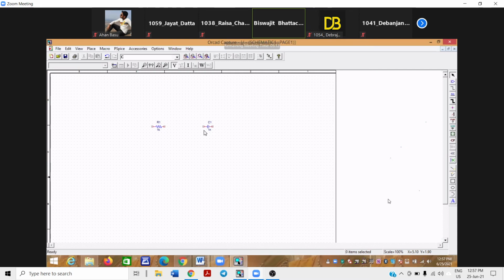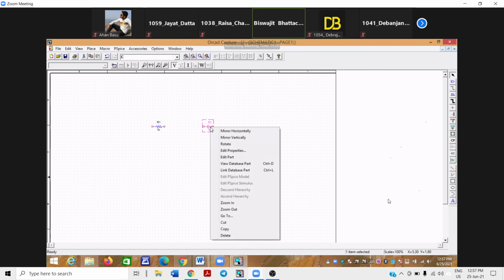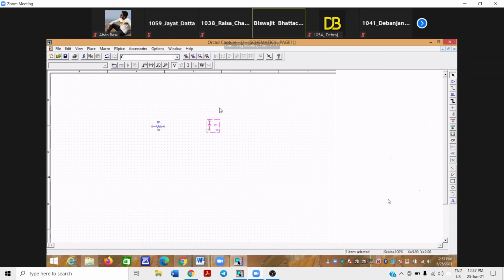Now I want to rotate the capacitor. I click the capacitor and it will be selected. Then, keeping the cursor on the selected capacitor, I right click. Once I right click, an option comes up as rotate. Now click rotate. Now you see the capacitor is rotated. I want to make the capacitor vertical, because sometimes that happens in our circuit. But there is one problem in rotation: as soon as you rotate the capacitor, the rotation is in